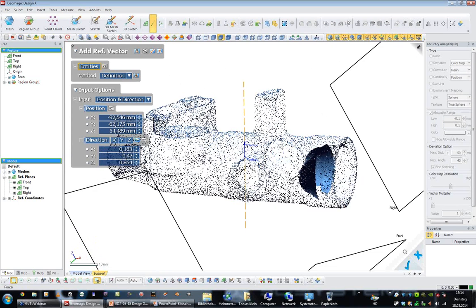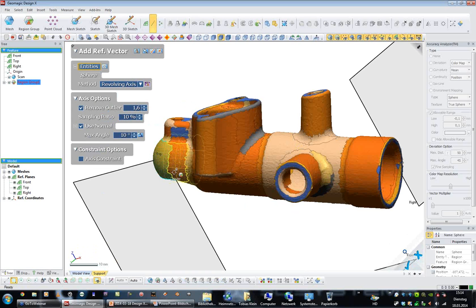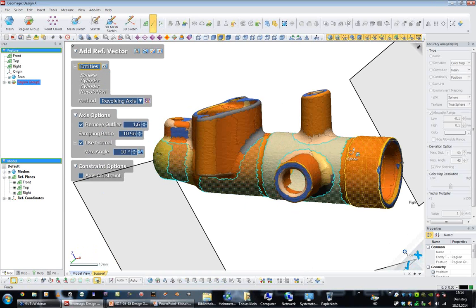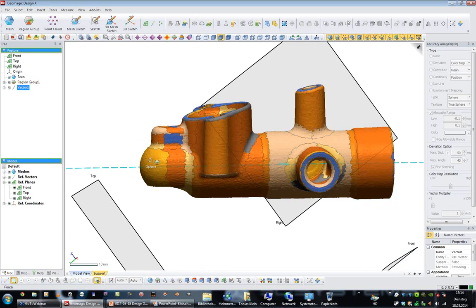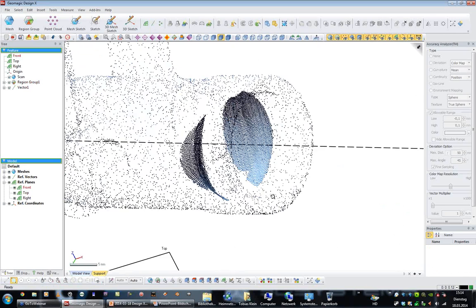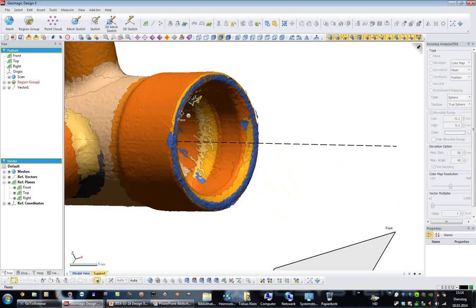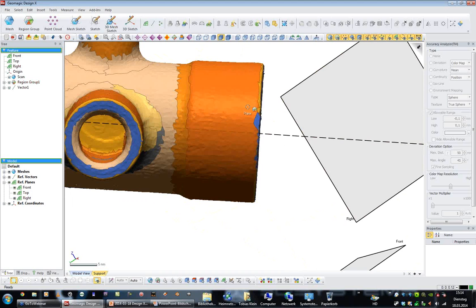You can just extract the cylinder axis or revolving axis. In this case I will extract the revolving axis just by picking some of the features and just accepting this one. So we have the revolving axis here. This is our primary axis. Then we want to have the outmost position into this direction from the part. So I will create a plane